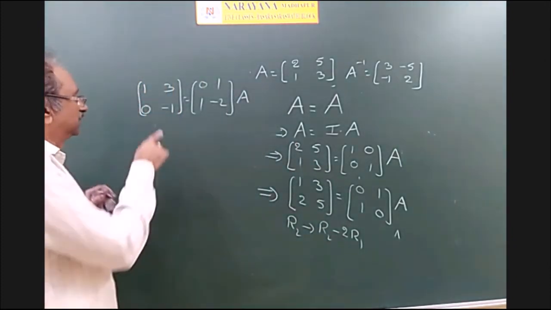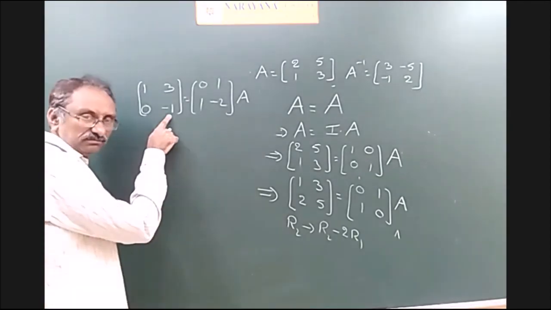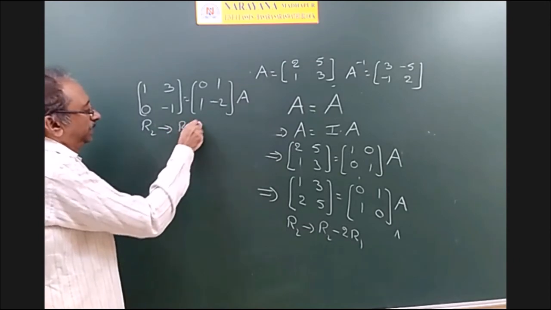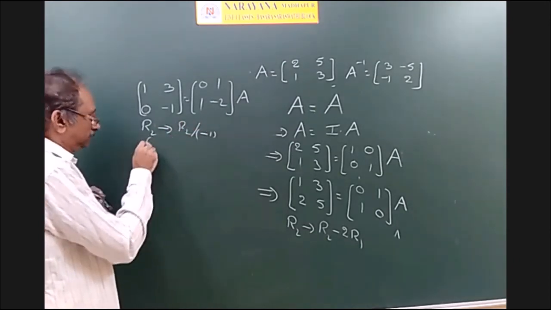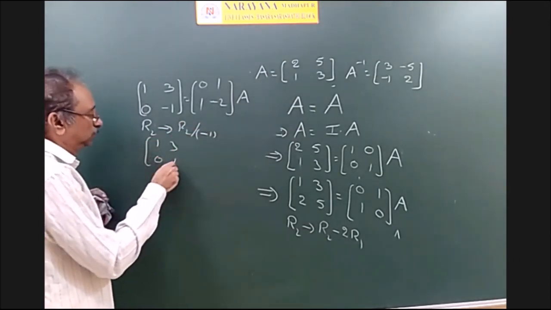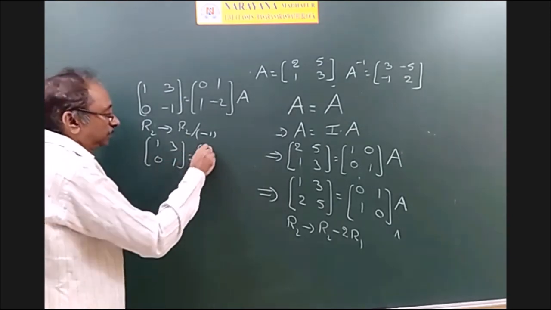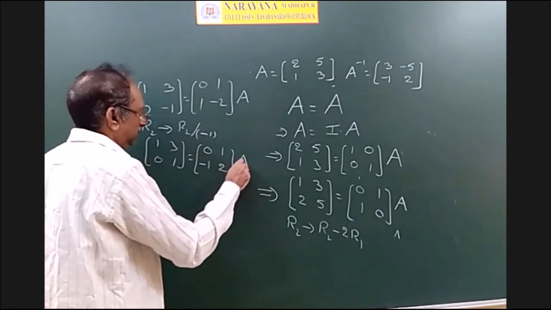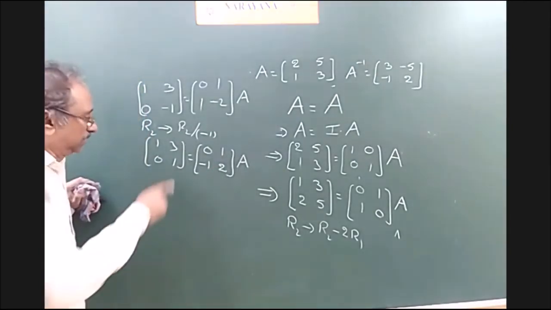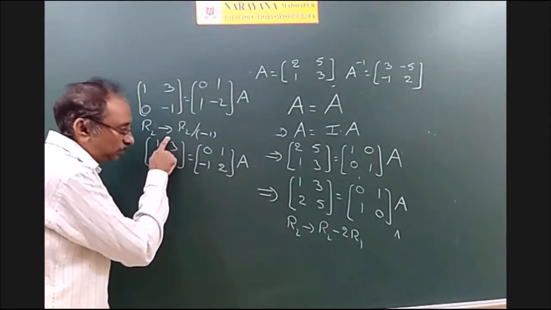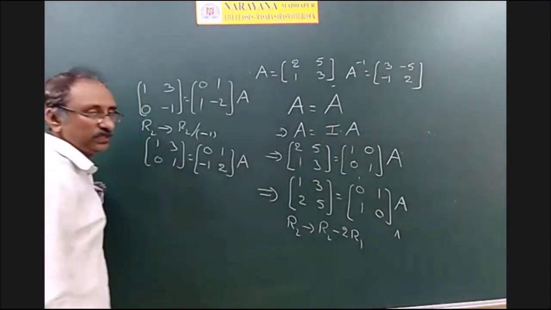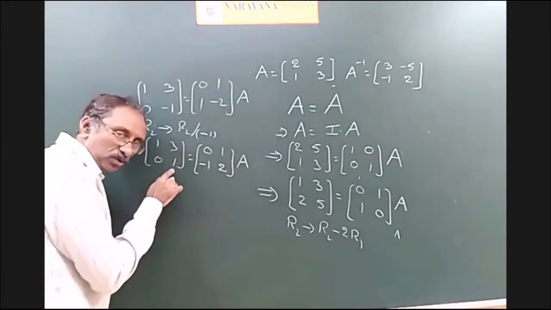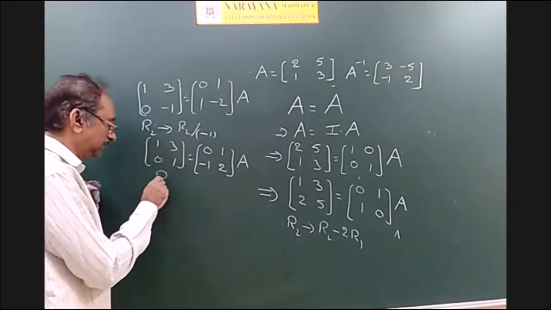Okay? And after that, it should be 1 only. That is easy, so divide the second row with minus 1: 1, 3, 0, 1. And apply that operation here also: minus 1, 2 into A. And the final operation, this element must be 0. Then you will get just the unit matrix. And for this, you have to use this element only.